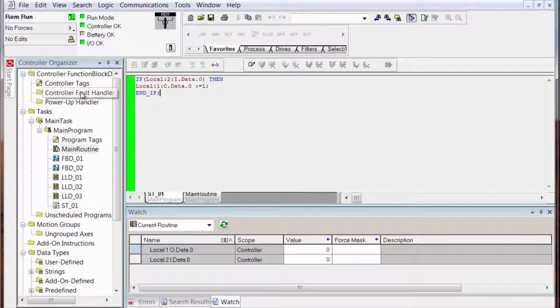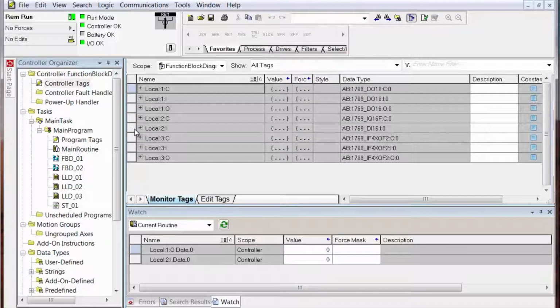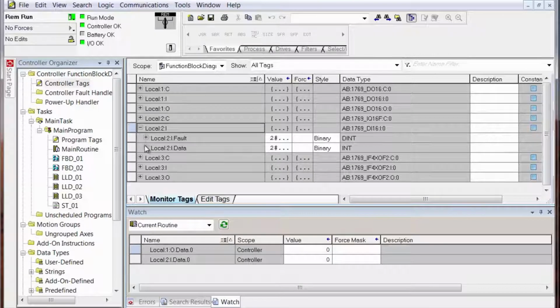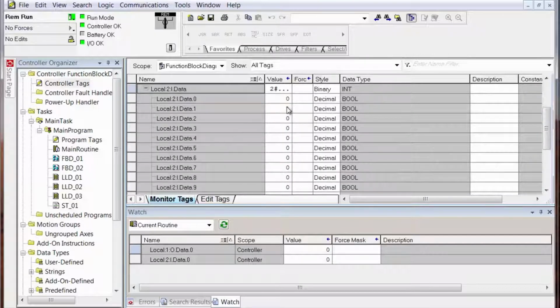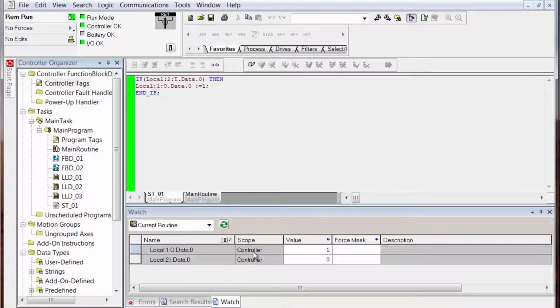And of course, we can do that just by going to controller tags and then go down to local, we'll do the input one. And if you look right here, well, it looks like we have a switch on. I'll turn it off. Okay, so if I push that push button, see, bit 0 goes on. So this little view down here is just a nice little feature,